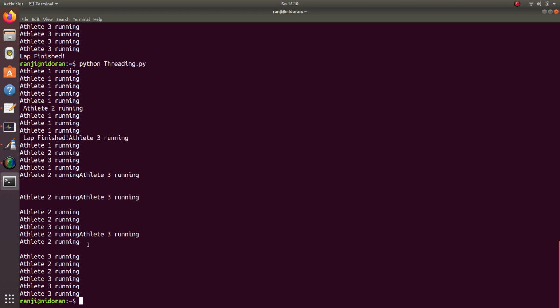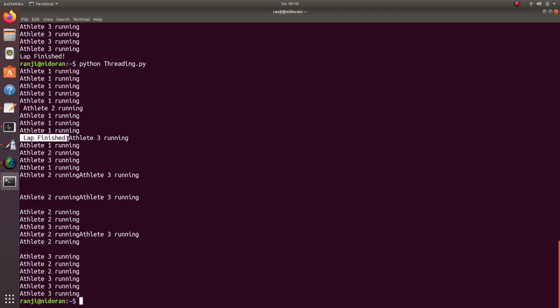How? Athlete 1 is running, athlete 2 is running, athlete 3 is running. That is for the first lap. Then for the second lap we again want the same set of athletes. Till 10 laps we want to print athlete 1, athlete 2, athlete 3, and finally we want to print lap finished. But we can see lap finished is in between.